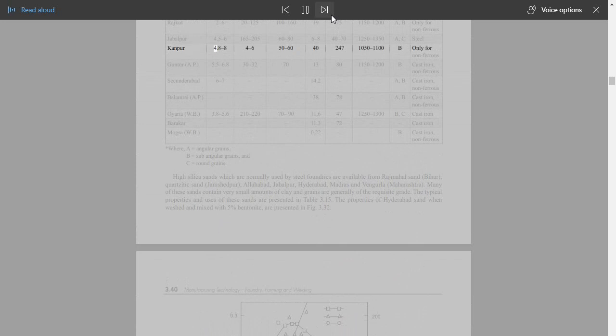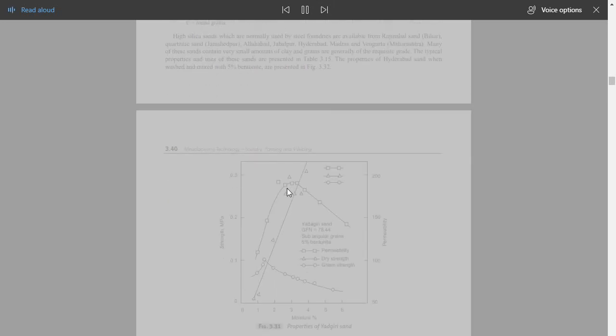Rajkot, Kanpur, Guntur. High silica sands which are normally used by steel foundries are available from Rajmahal Sand, Bihar, Quartzitic Sand, Jamshedpur, Allahabad, Jabalpur, Hyderabad, Madras and Vengurla, Maharashtra. Many of these sands contain very small amounts of clay, and grains are generally of the requisite grade. The typical properties and uses of these sands are presented in Table